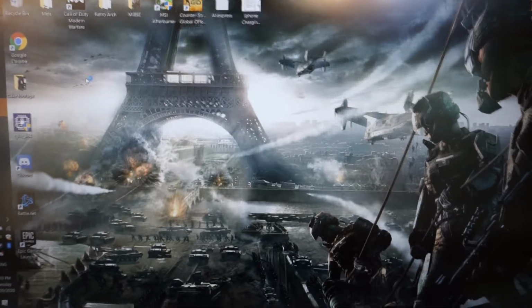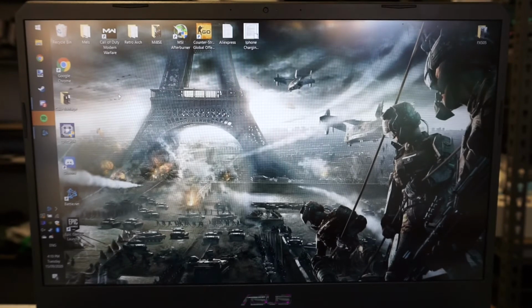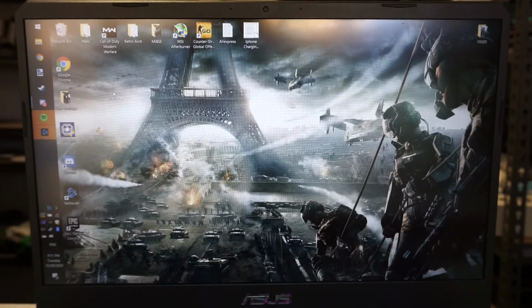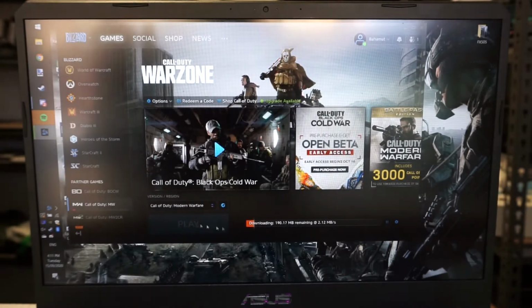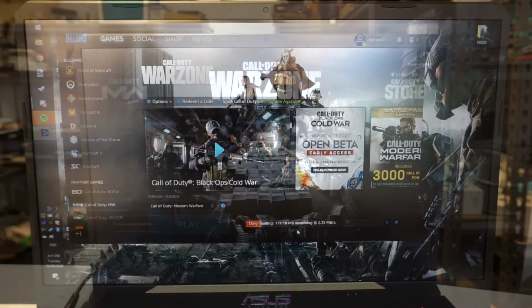So for me, I've got an Asus TUF laptop running an NVIDIA 1660 Ti, a Ryzen 7 processor in there, 3750H, and I've been experiencing crashing when I adjust the graphical settings. So I'll just load it up after I do an update. So the issue that I've got right now